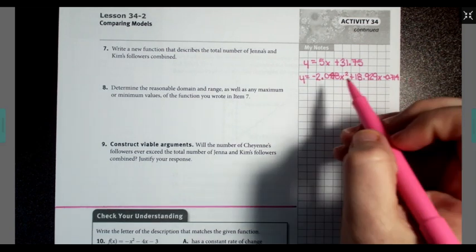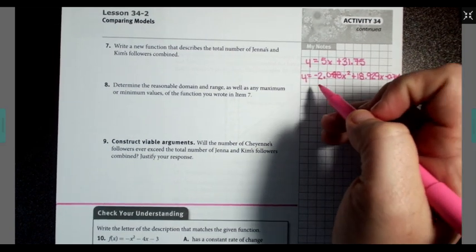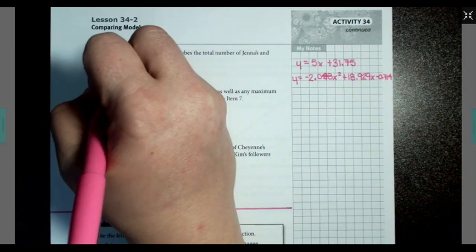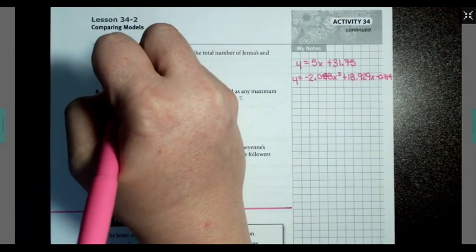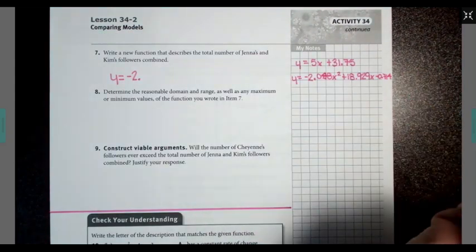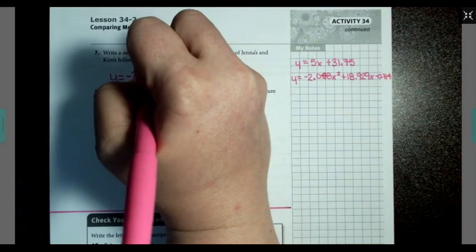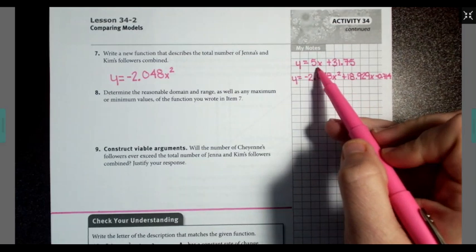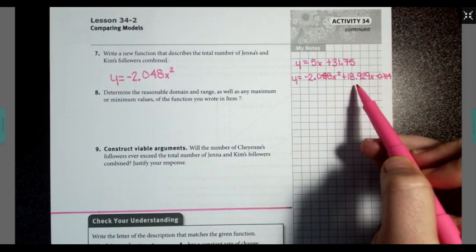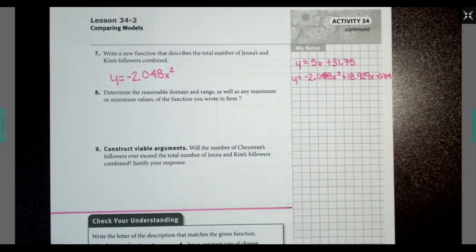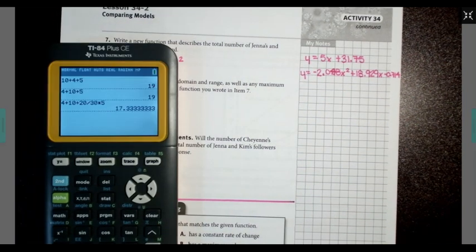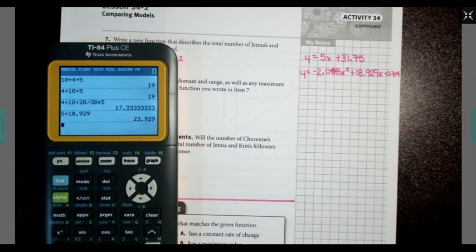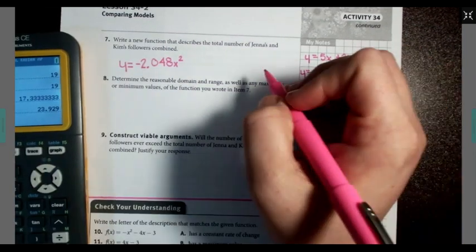Okay? Well, we don't have any other x squared terms, so that's just going to come over to my final answer. So it's going to say y equals negative 2.048 x to the second power. I have a 5x and I have an 18.929x. So we're going to do 5 plus 18.929. We're going to get positive